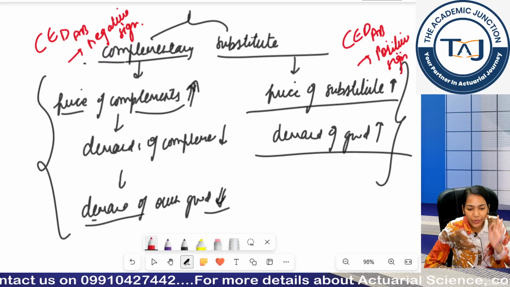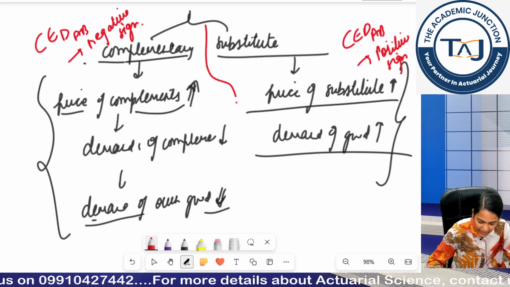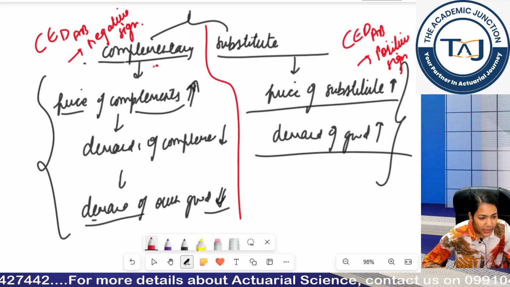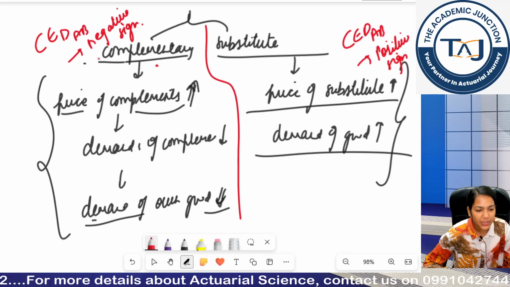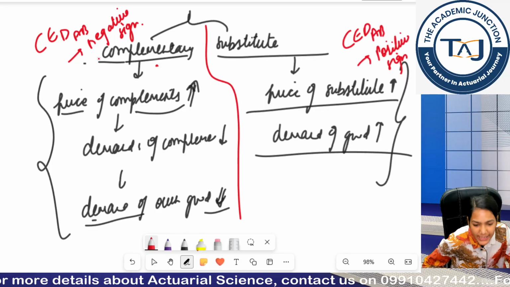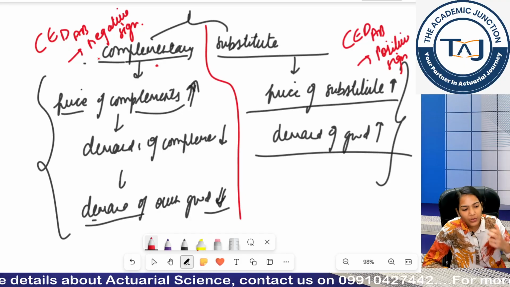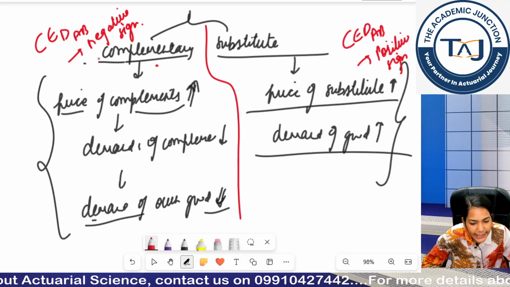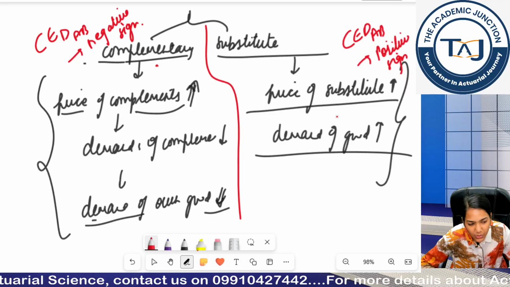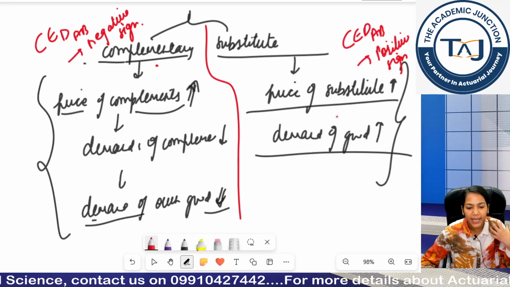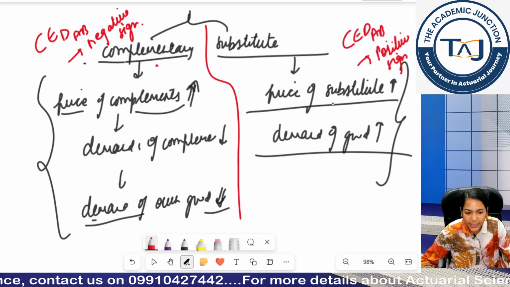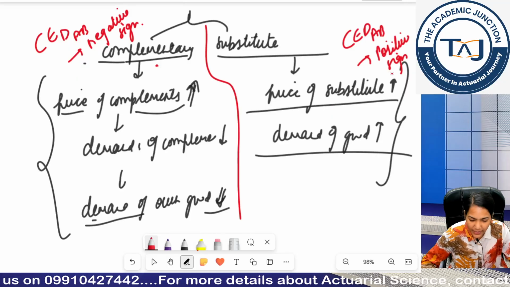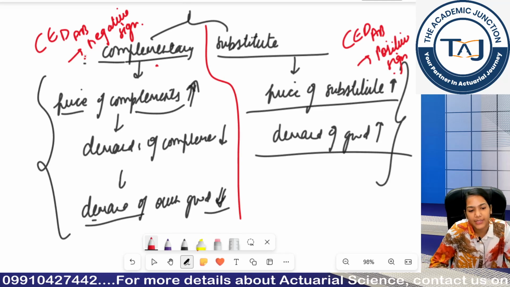You don't have to cram this. Please, I told you the relationship. How did we derive this? For complementary goods, I will have a negative sign. Why? Because if the price of my complements increases, it would be costlier to afford the actual product, so the demand of my own good will decrease. But for my substitute, if the price of substitutes increases, then my own good will become relatively cheaper, so the demand of my own good will increase. That's why it will have a positive sign for substitutes and a negative sign for complements.